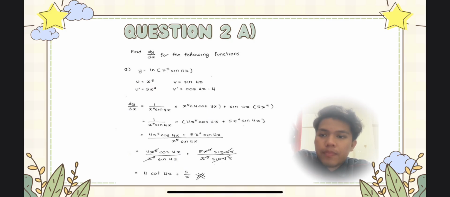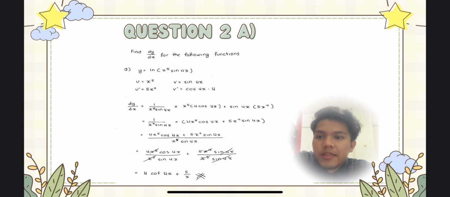Next, the calculation will become 4x^5 times cos 4x plus 5x^4 sin 4x over x^5 sin 4x. Then we will proceed to the next one. 4x^5 cos 4x times x^5 sin 4x. The x^5 can be eliminated,